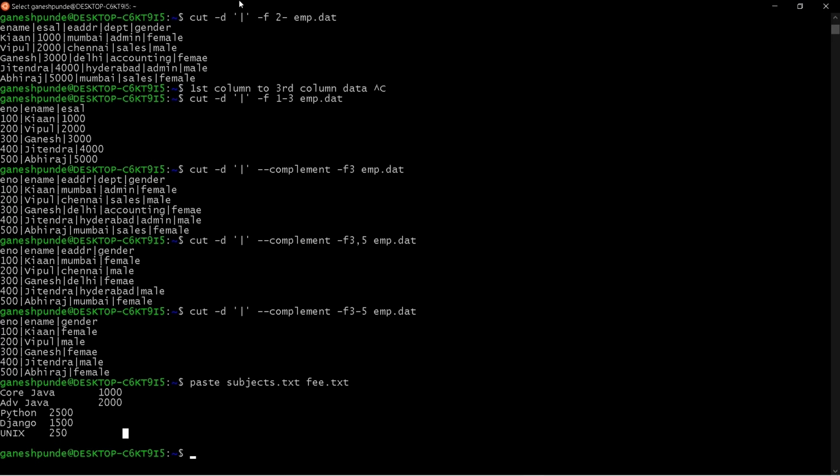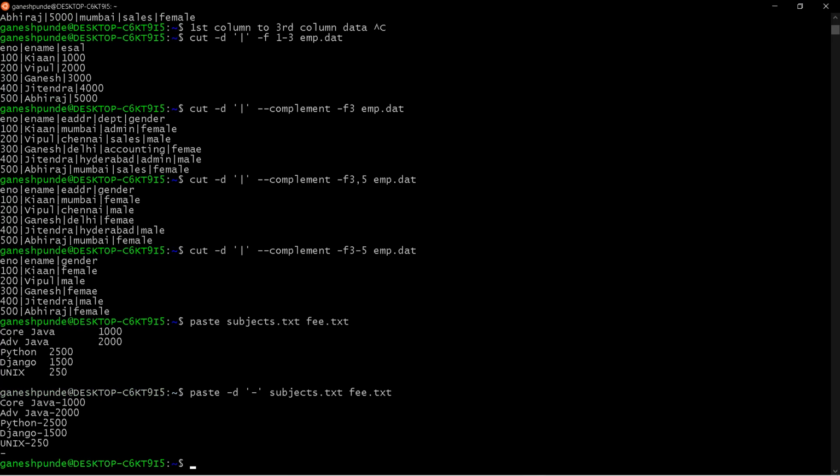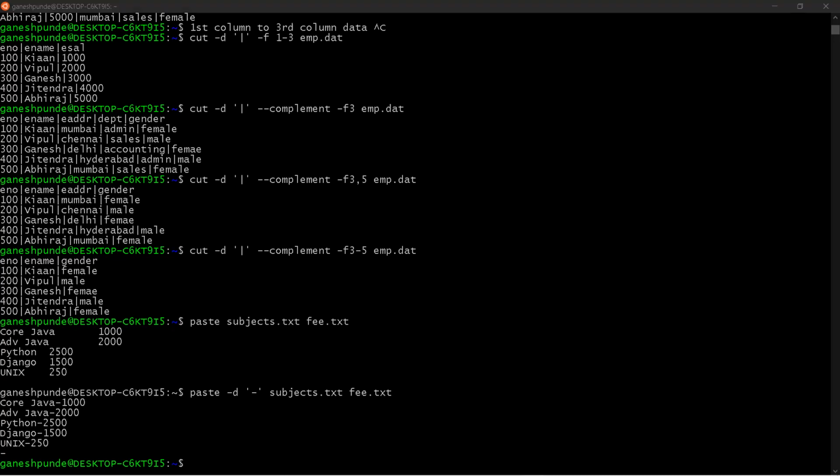Now suppose I want to use some other delimiter. So I can say -d, and you can see now it is showing the dash as the delimiter between the two files.